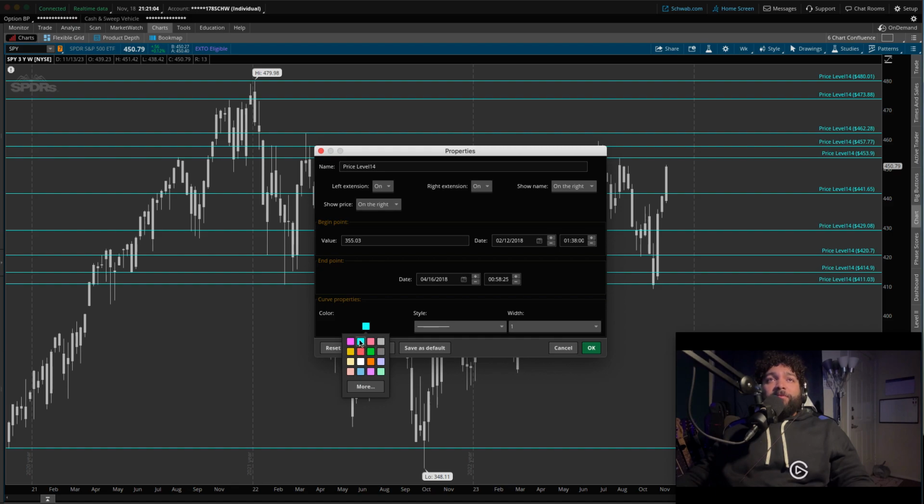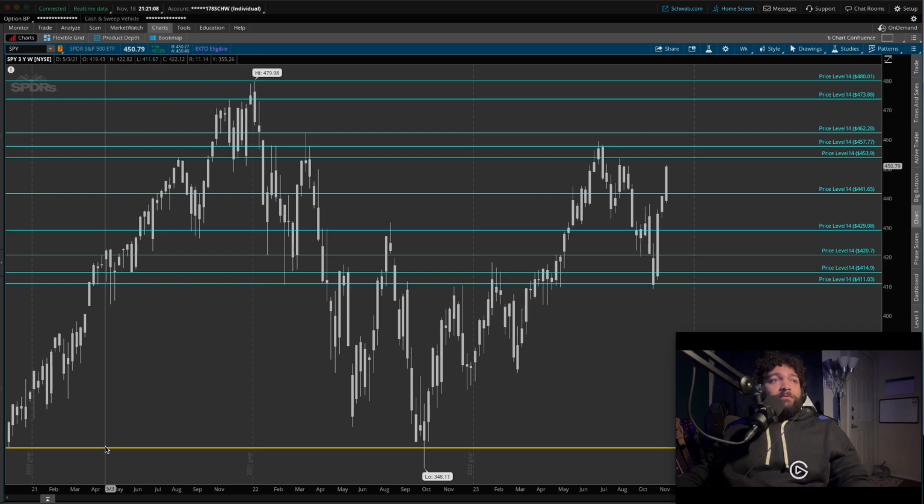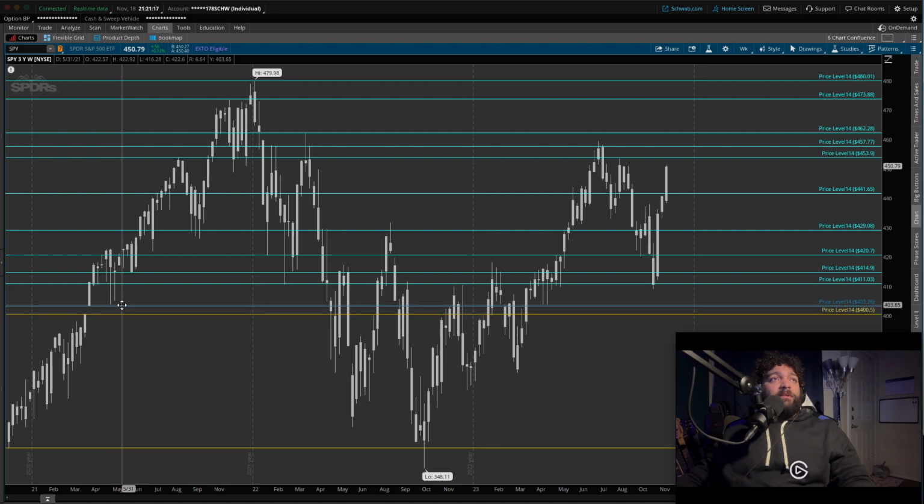What we're going to do is look for outliers. Like stuff like that. It's a nice little gap right there. A lot of this wick stuff,